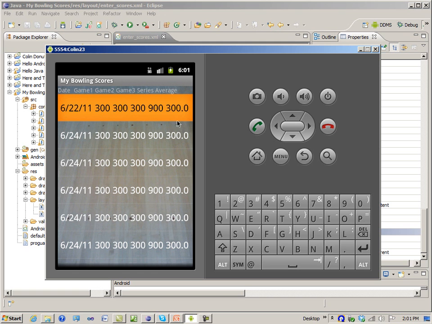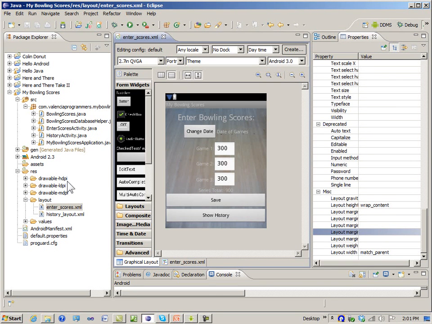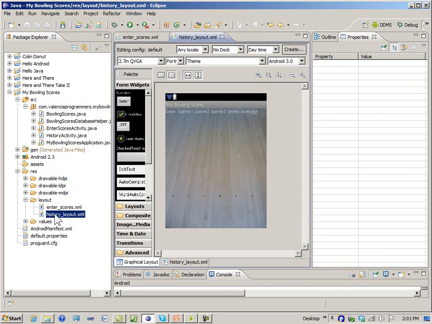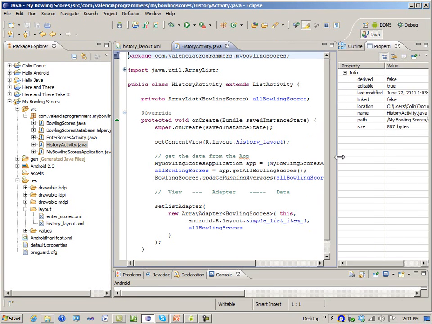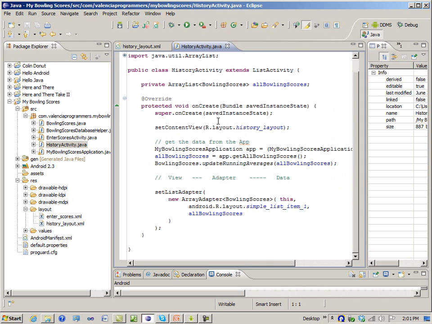well, we can do better than this. This is taking up too much room, and we would like to have more information here. So let's go and look at the history layout. I'll get rid of that one. So the screen gets so cluttered so quickly. And the history activity. So the history activity is where we,